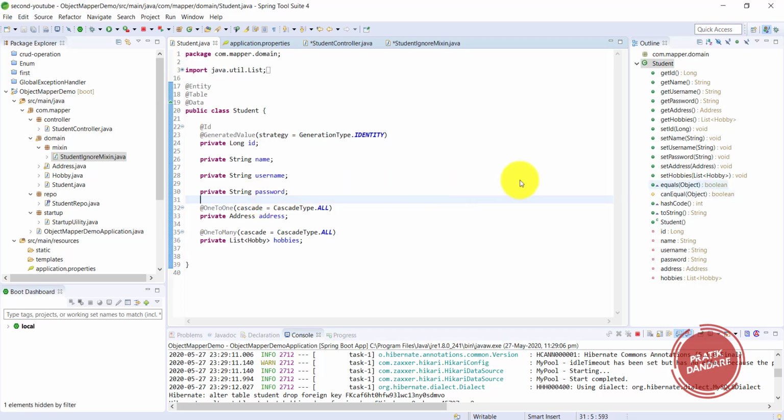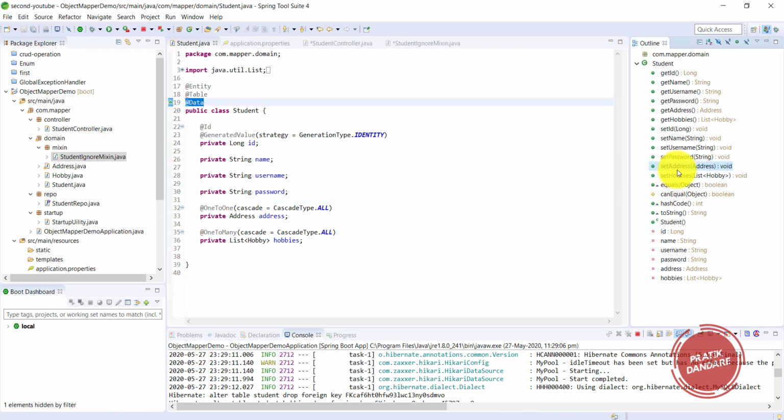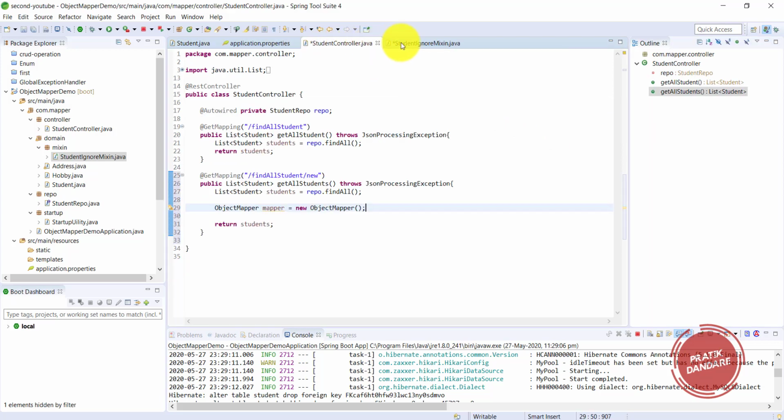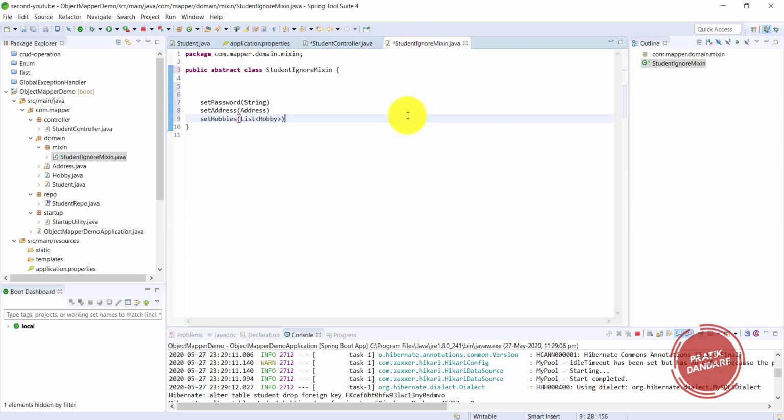Okay, so basically I need an address, a password, and hobbies. So I need these three methods. I'm copying this method and putting it into the mixin. These are all abstract methods.